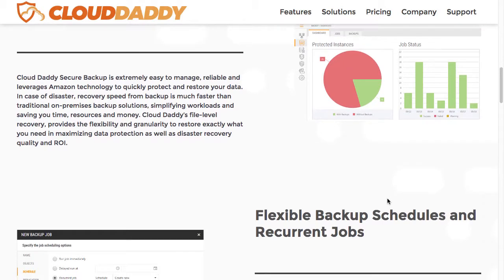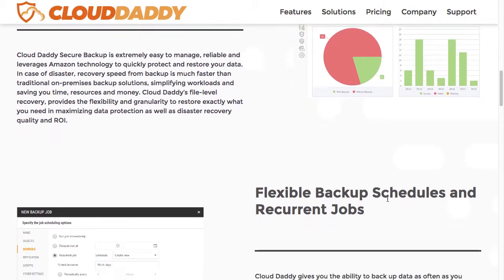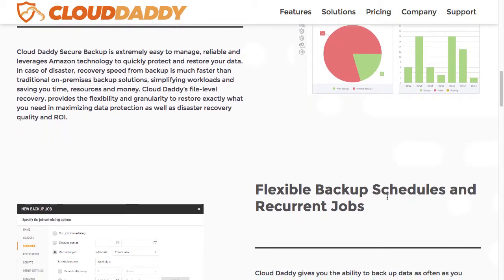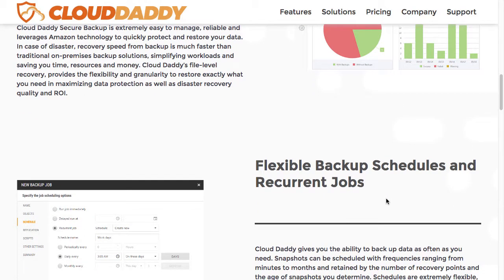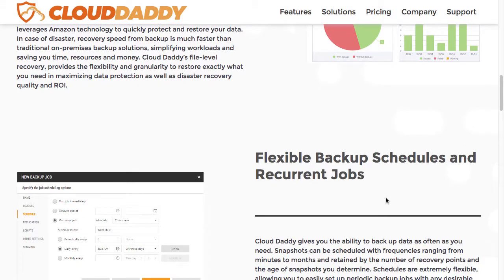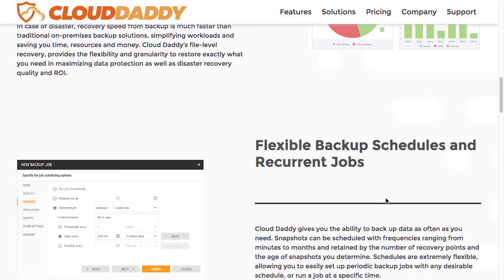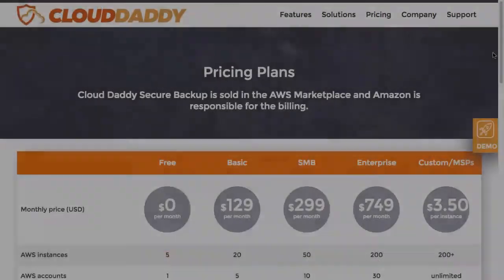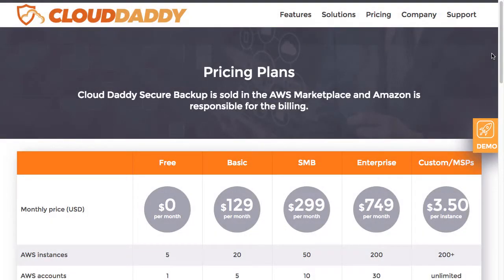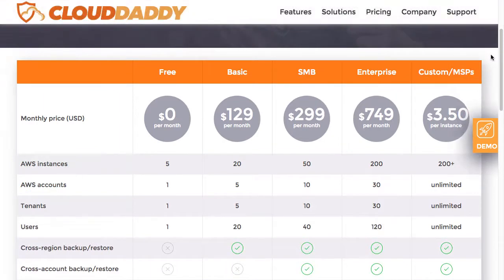It utilizes native Amazon APIs and best practices. CloudDaddy integrates cybersecurity countermeasures such as web application firewall, instance firewalls, rules, templates, and security groups to protect your AWS backup and disaster recovery. To install CloudDaddy, you should first understand what edition of the solution that you're going to